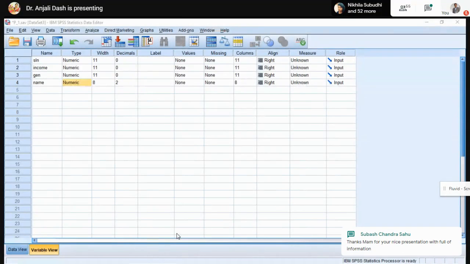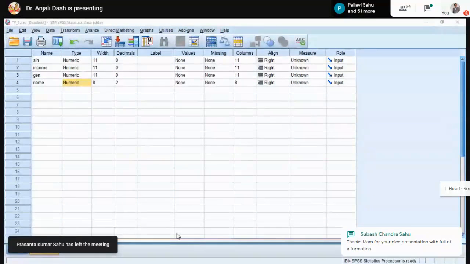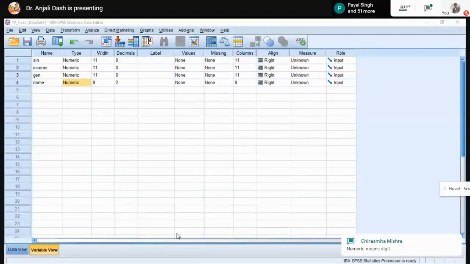String means it is a character form. Okay. Any example? For example, madam. Madam is a collection of characters. Okay. It makes a word. This is word form. Basically, whatever you would like to put in alphabets, in characters, comes under string